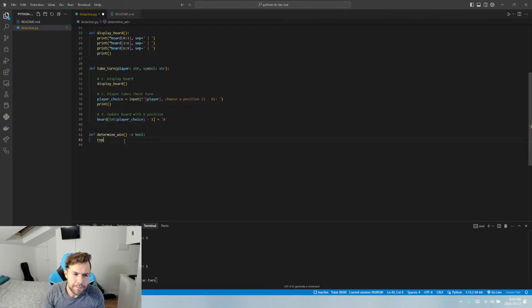Row match for i. You know what? We're just going to do this the long manual way at first. So how do we do that? We say check if